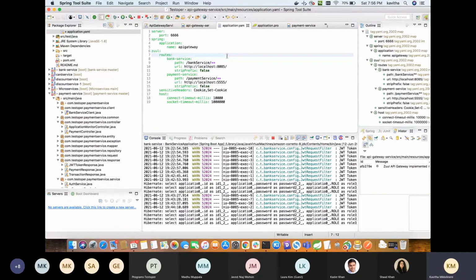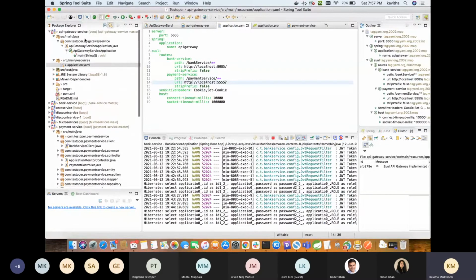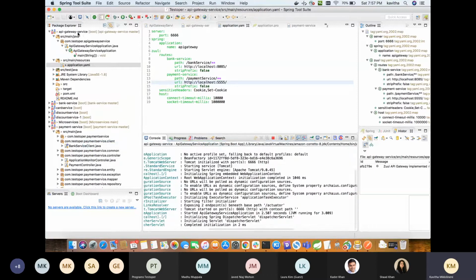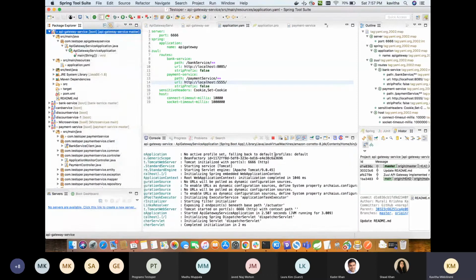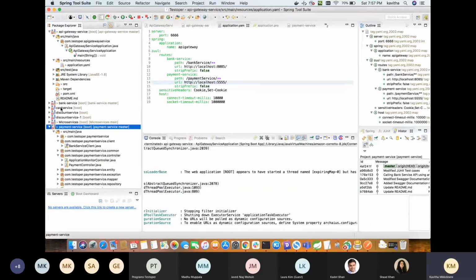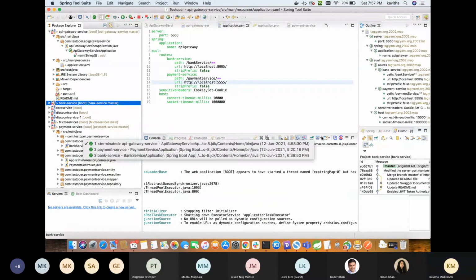In AWS API Gateway also, a similar configuration is done using the AWS console. So we have done the configuration, and when we start, I'll just stop it. I have the payment service and the bank service also running.